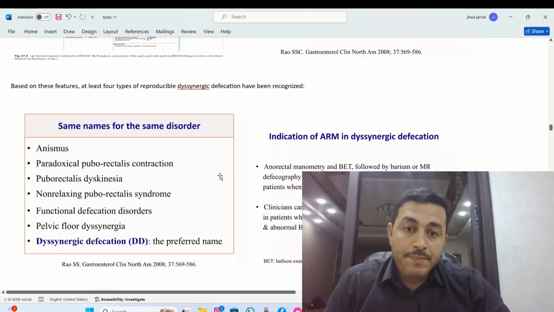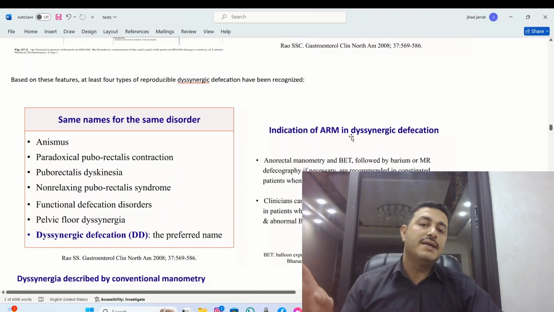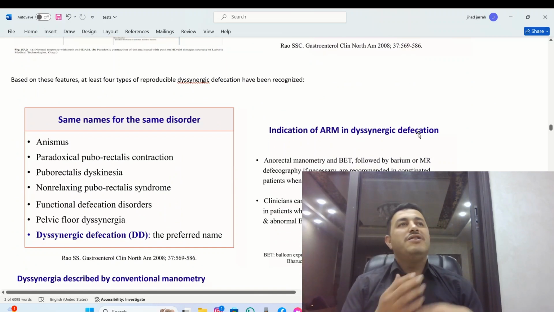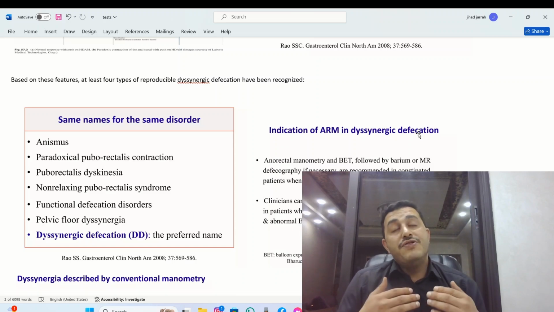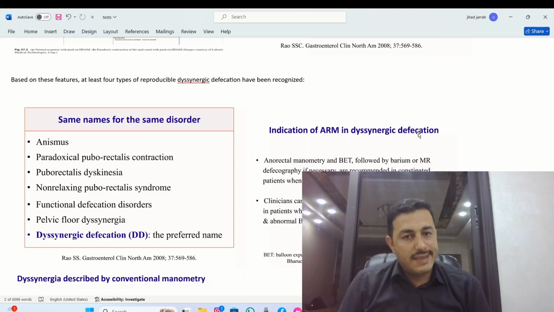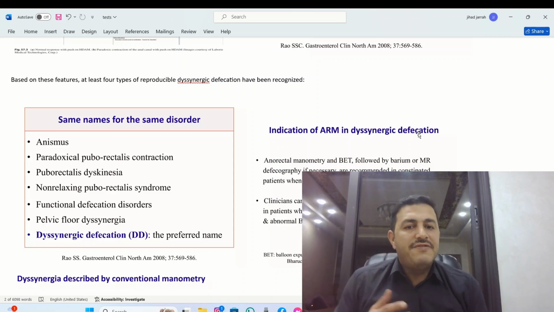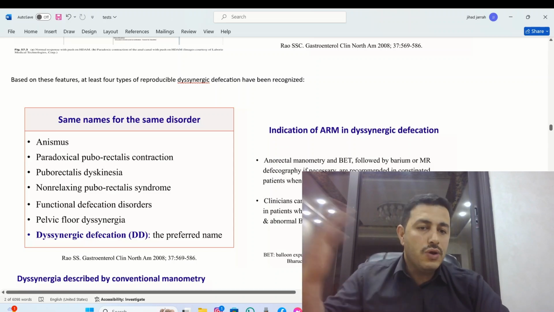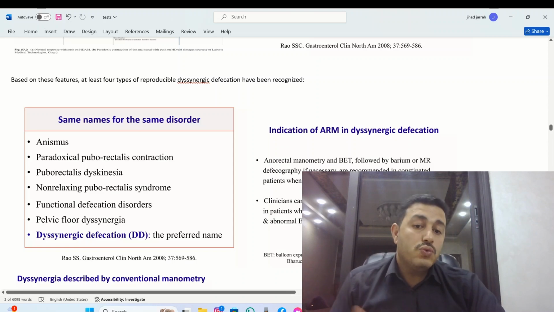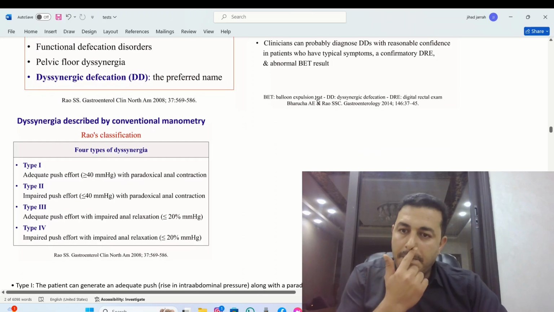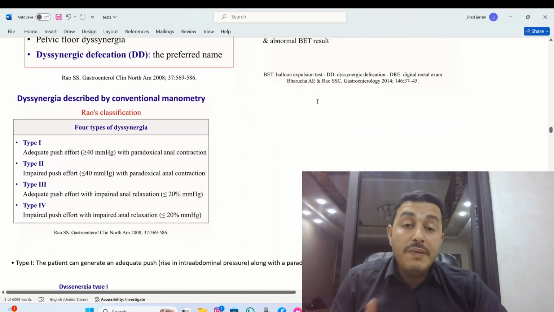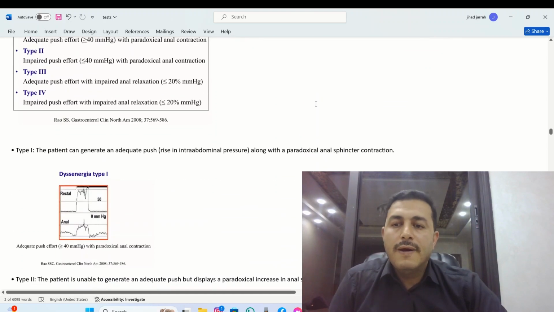Also, the indication for anorectal manometry in dyssynergic defecation. These patients will come with symptoms of constipation, and the first line is not to go for anorectal manometry, but after failure of the diet modification, lifestyle modification, and laxative therapy, we go to anal manometry. That will help us, also with the use of barium enema, to complete the evaluation of the dyssynergic